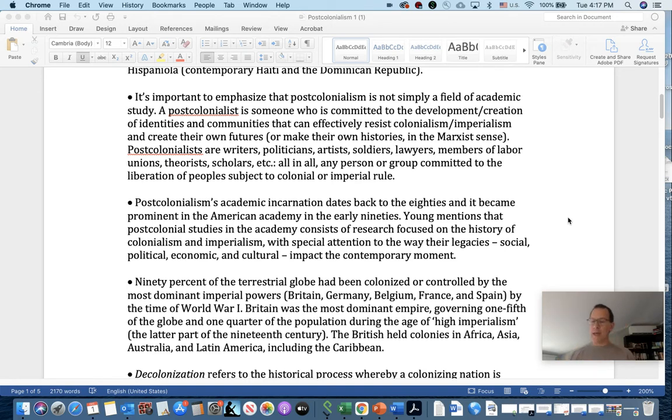As you read in a chapter from Robert J.C. Young's Postcolonialism: A Historical Introduction, he says that postcolonial studies in the academy, as it's practiced at universities and colleges across the world, consists of research focused on the history of colonialism and imperialism, with very special attention to the way their legacies, social, political, economic, and cultural, impact the contemporary moment. So, just to give you an example,